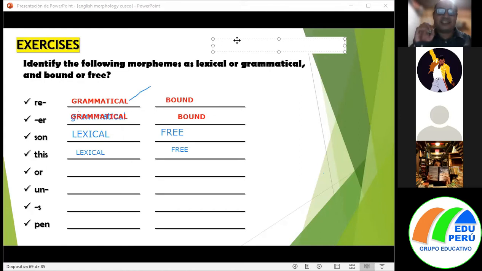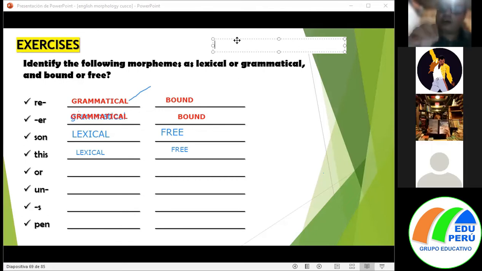Yes, it's a determiner. It could be, no, this is a demonstrative. So we call this a demonstrative pronoun, demonstrative adjective. For example, when you say, this is my house, this is a demonstrative pronoun. But if you say, this house is mine, you use this as a demonstrative adjective. So demonstratives are called determiners, and they are